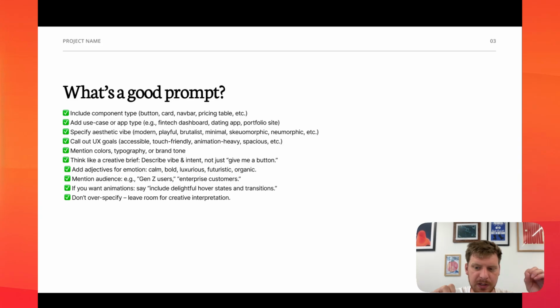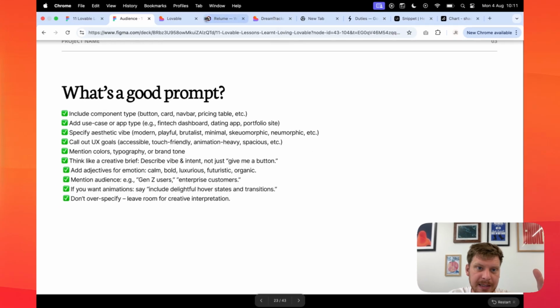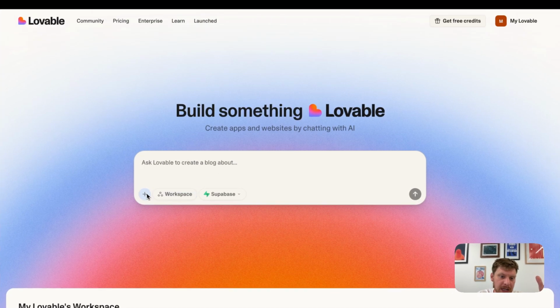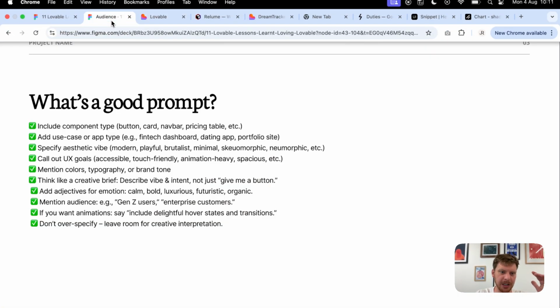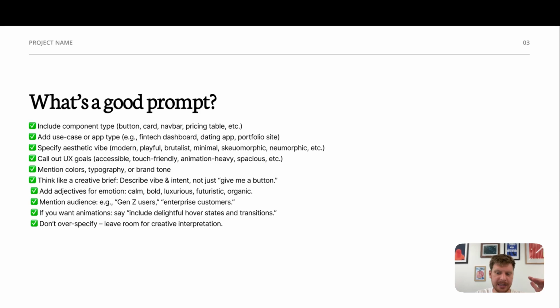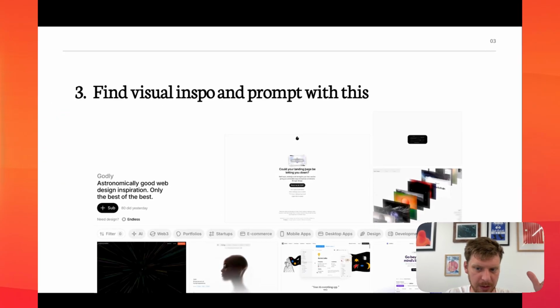So, who is this for? This needs to appeal to Gen Z. I'm thinking that this could be using, I don't know, a minimalist aesthetic. Think Notion, whatever, right? But you can screenshot different apps, different websites you like, and put those into the prompt at the same time, which will give you a way better output from the get-go. And getting a good output from the get-go is really helpful to get this Lovable project going well.